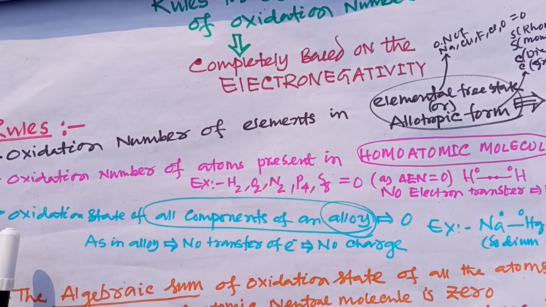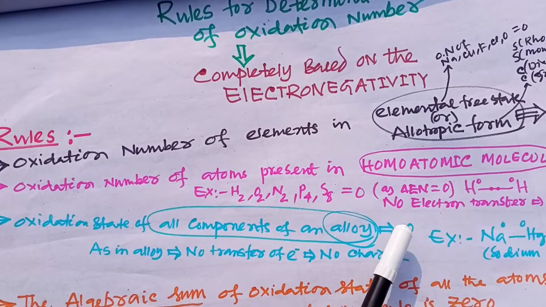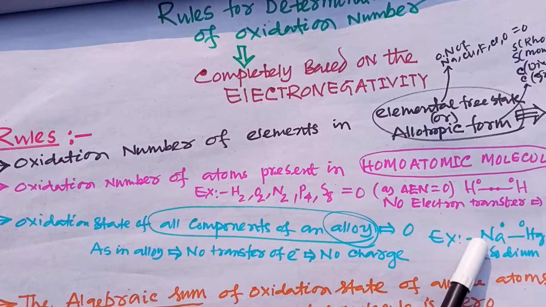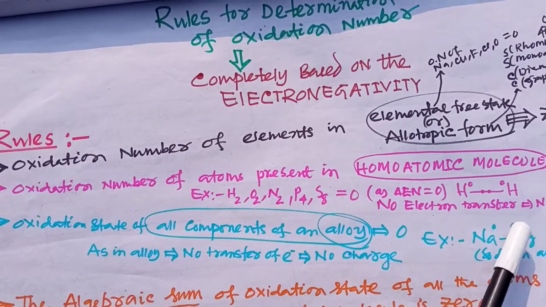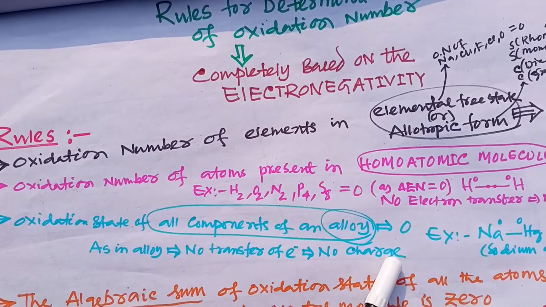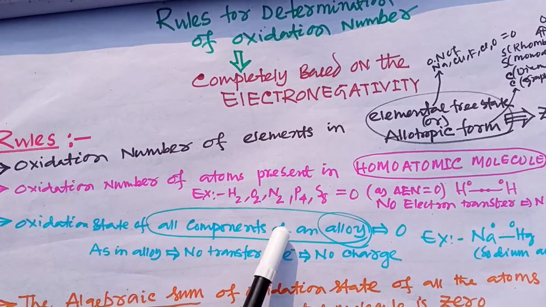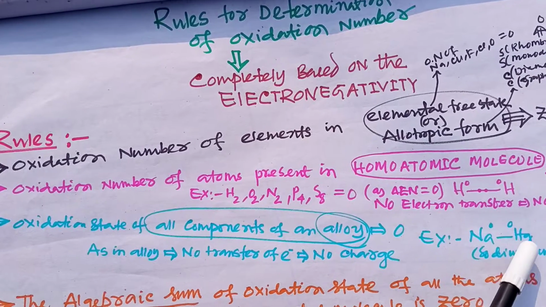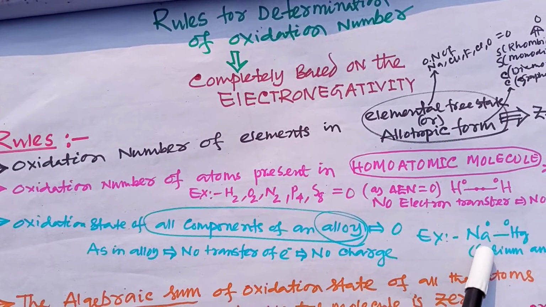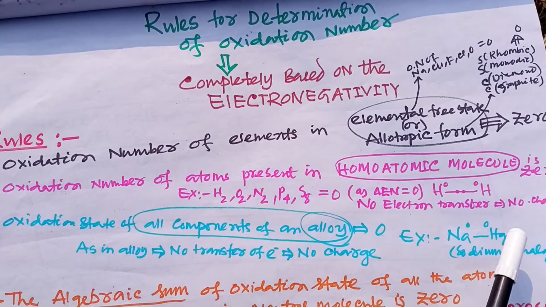Point number 3, the oxidation state of all components of an alloy is 0. Here is an example of an alloy, sodium amalgam. As in an alloy there is no transfer of electrons, there will be no charge. So the oxidation number of all the components present in an alloy is 0. For example, in sodium amalgam, the oxidation number of both sodium and Hg is 0